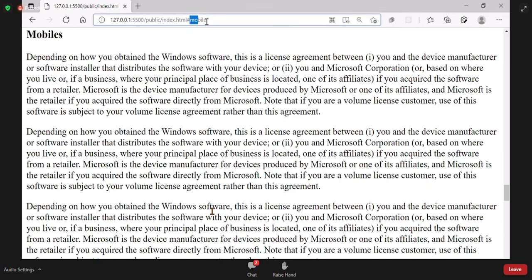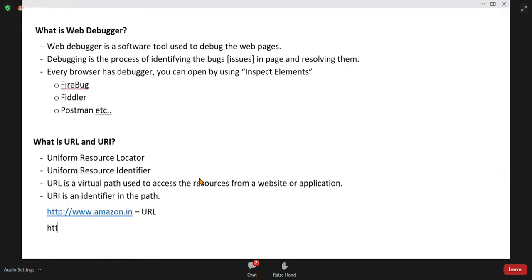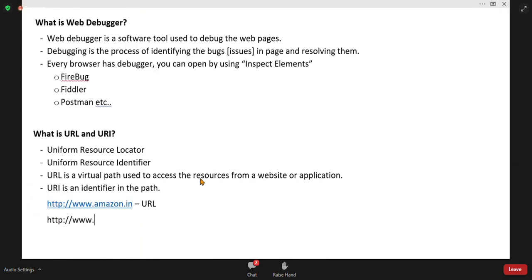And if I type footwear, it will take me to that footwear location. That means now if you see like this, http://www.amazon.in/electronics.html. Just an example I am telling.